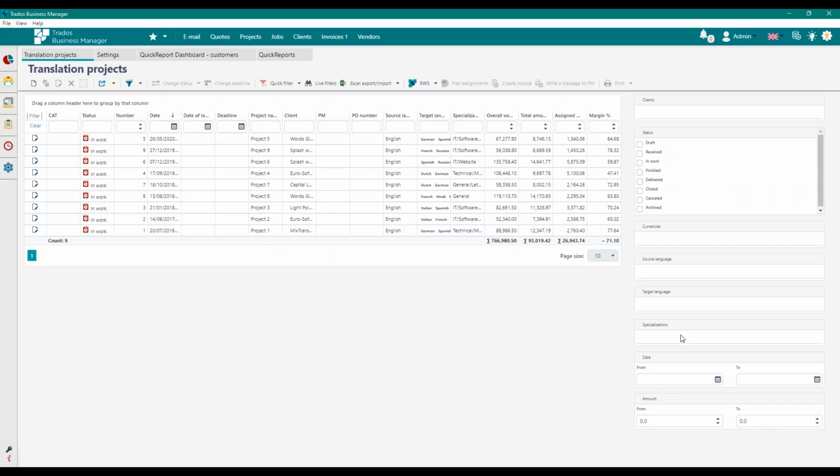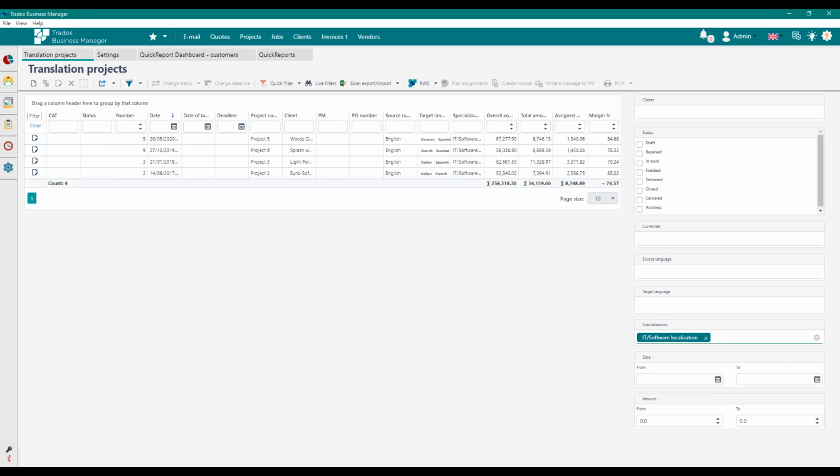So here I want to find all my projects that are specific to IT software localization, and we can see here we have a very easy or narrowed view, and I can try and find the information I'm looking at. So overall, navigation within Business Manager Essential is definitely an area of improvement compared to using the Lite version that I used. Just two more points I want to raise, and I'll be concluding, is yes, apart from invoices and